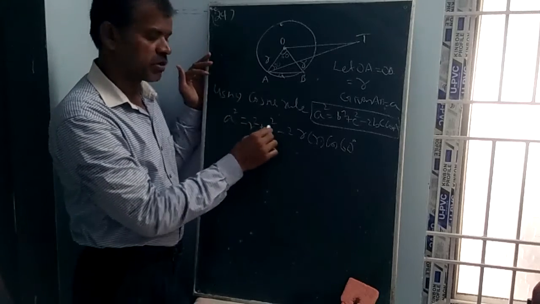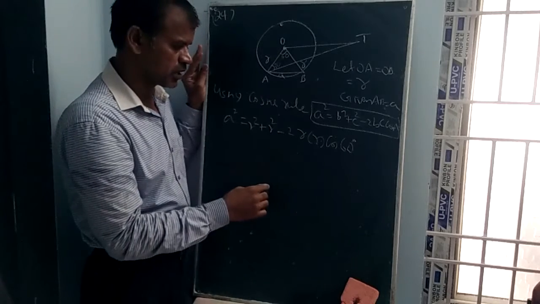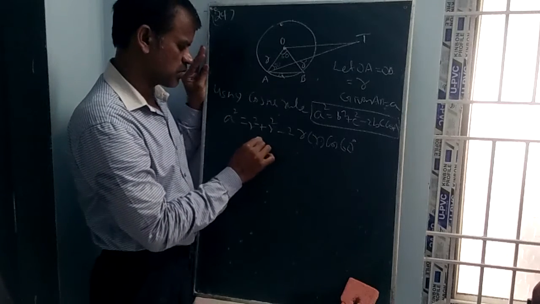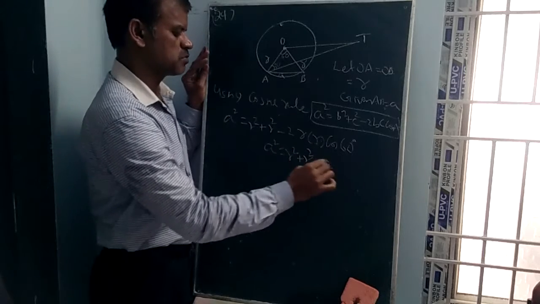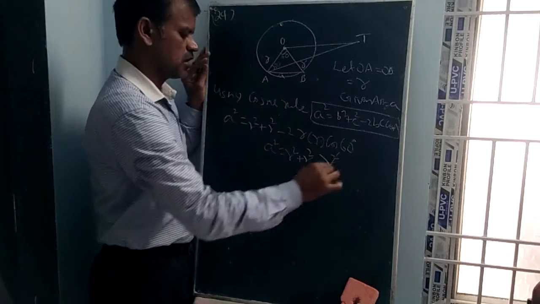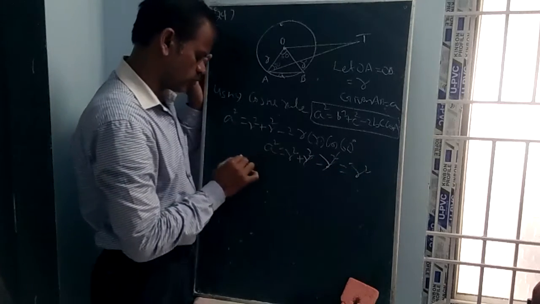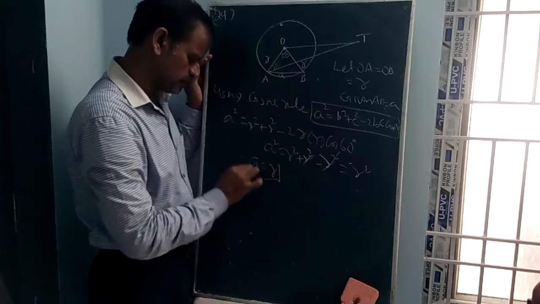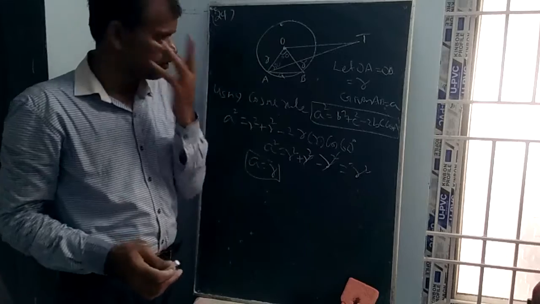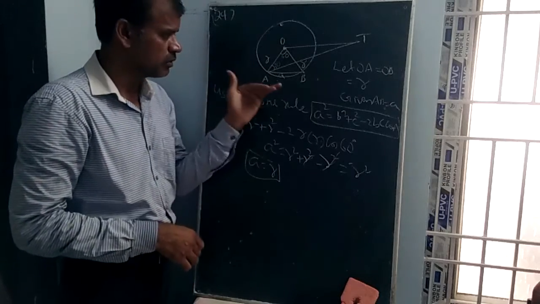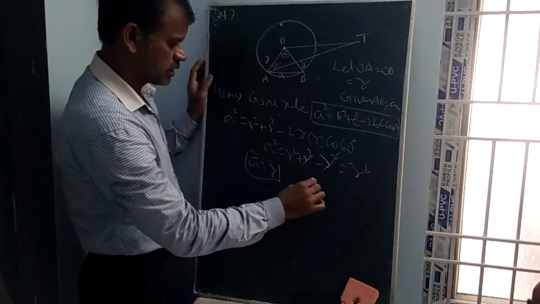So this is R square plus R square minus 2R square into cos 60 value 1 by 2. The 2 gets cancelled. So a square is equal to R square plus R square minus R square, and R square gets cancelled. So a square is equal to R square. Therefore a is nothing but R. So a equals the radius here. The distance between A and B is given as the radius. Now, in triangle, let us draw like this.